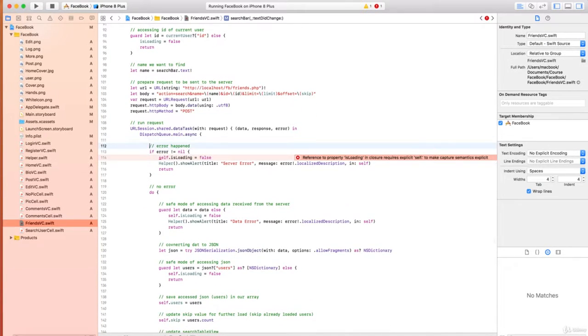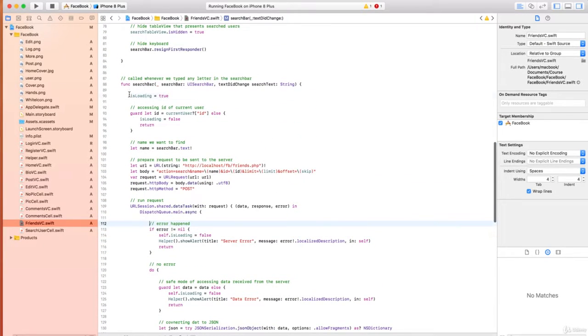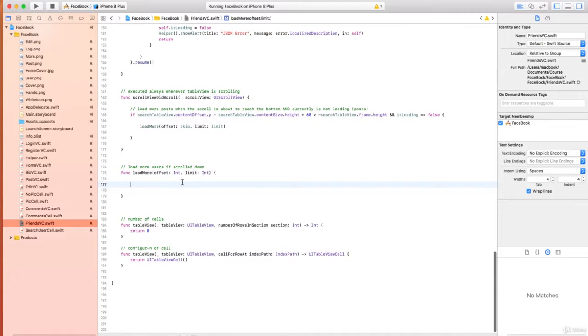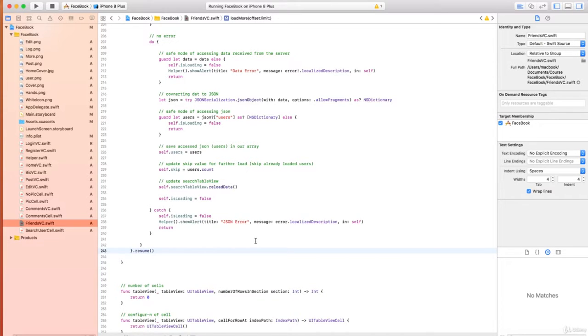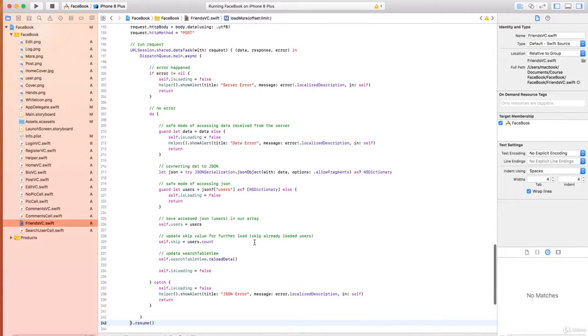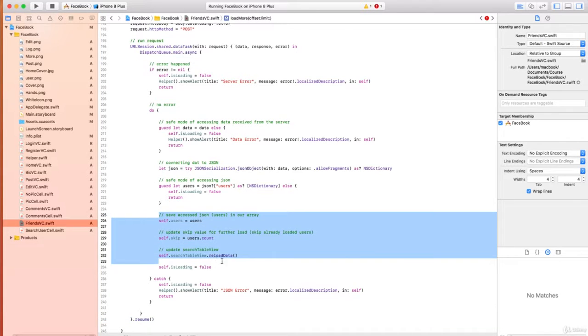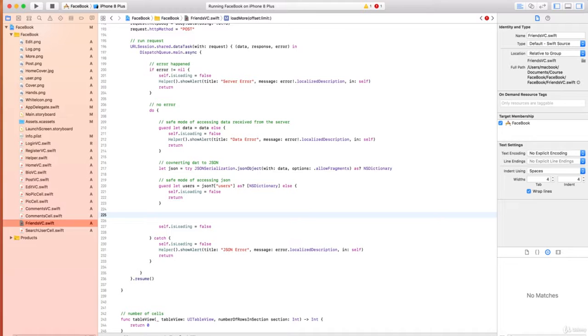Okay, what we will do is we'll just simply copy the content of this search bar text change, and we'll insert it in the load more. Okay, brilliant. We're going to make the following changes in the code, and this is what we have already done. Everything will keep the same except the following. From here down, we'll just remove this. Okay, and after we use a safe mode of accessing the JSON's users here,